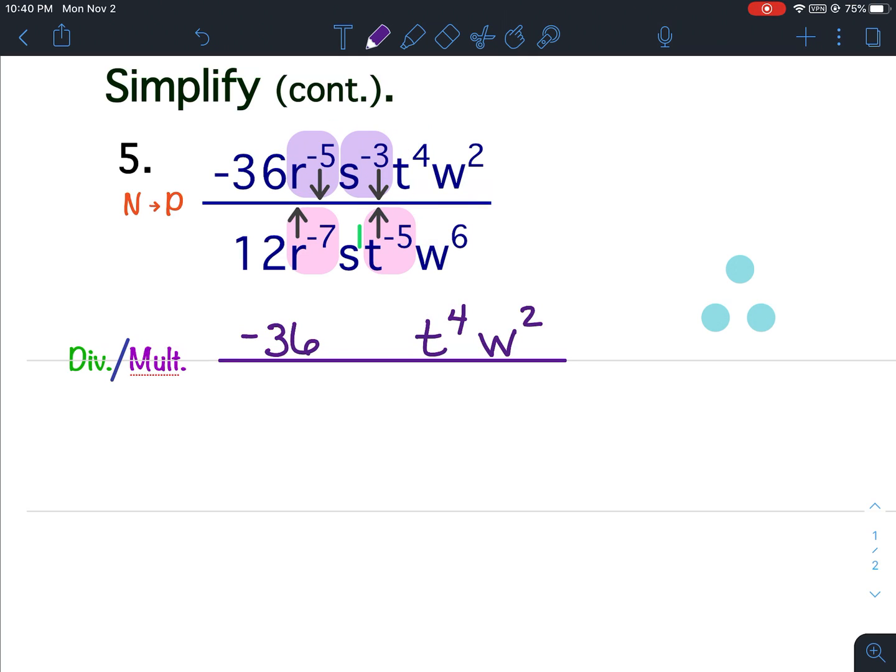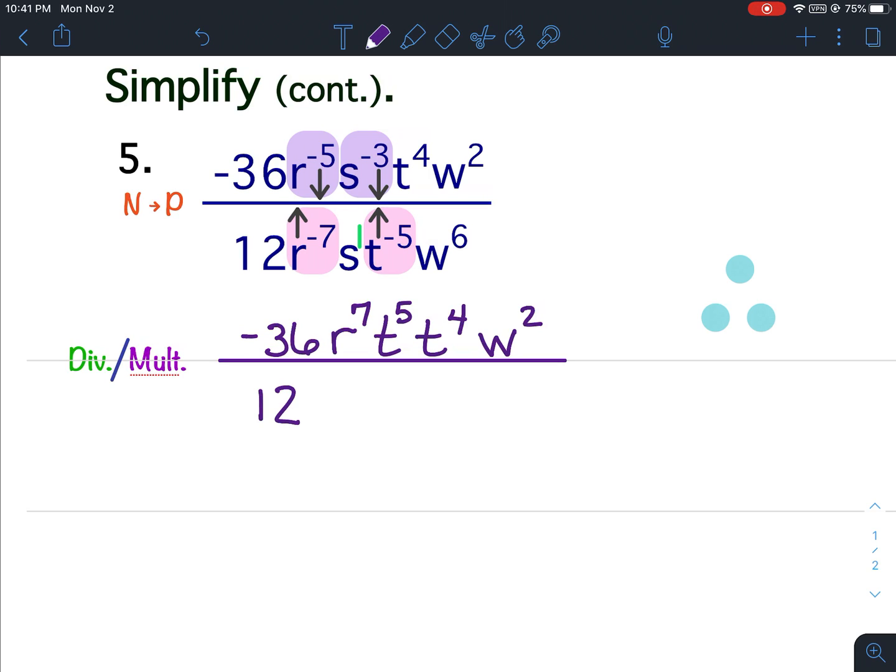Looking at the bottom though, I've got the two here and here that are highlighted. They're going to move to the numerator. So r to the negative 7th in the denominator becomes r to the 7th. T to the negative 5th, moving to the numerator, becomes t to the positive 5th. For the denominator,